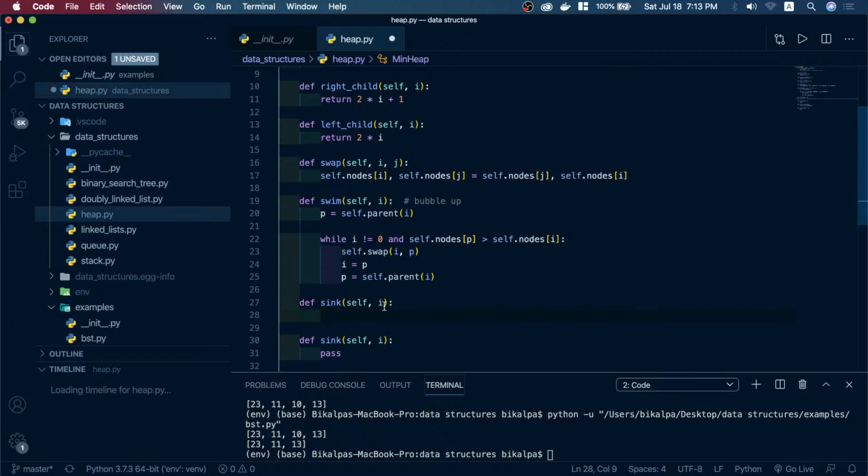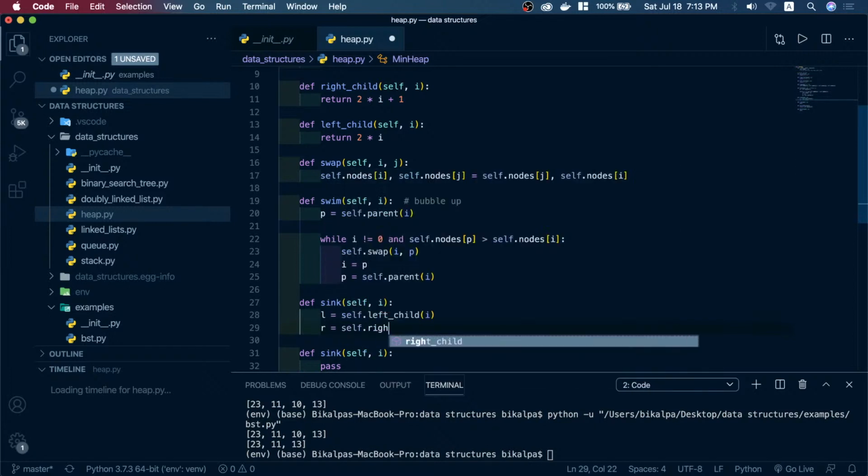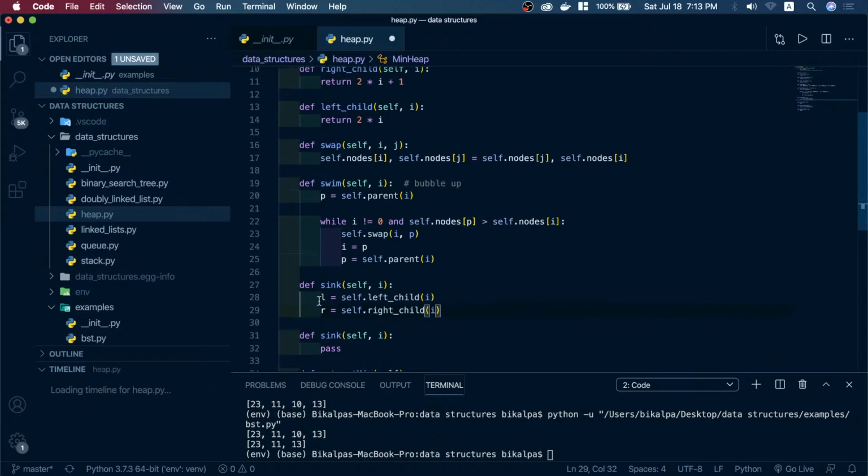So basically we say L equals self.left_child(i), and R equals self.right_child(i). We basically find the left as well as the right child first of all,